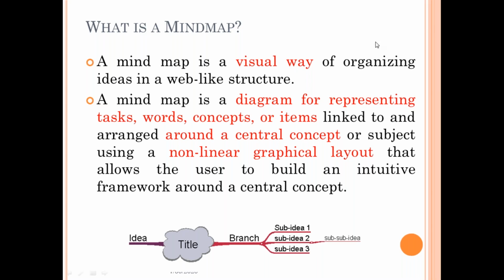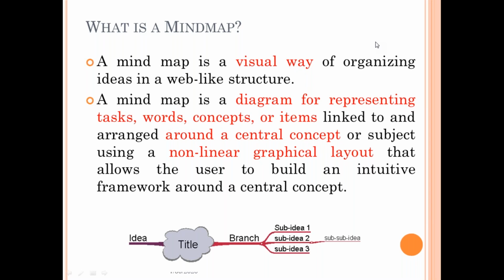What is a mind map? As the principal has rightly pointed out, a mind map is a visual tool. Whatever information you have, you organize it in a visual form, just like a web. You know how a web looks. In the same web structure, you organize the information.